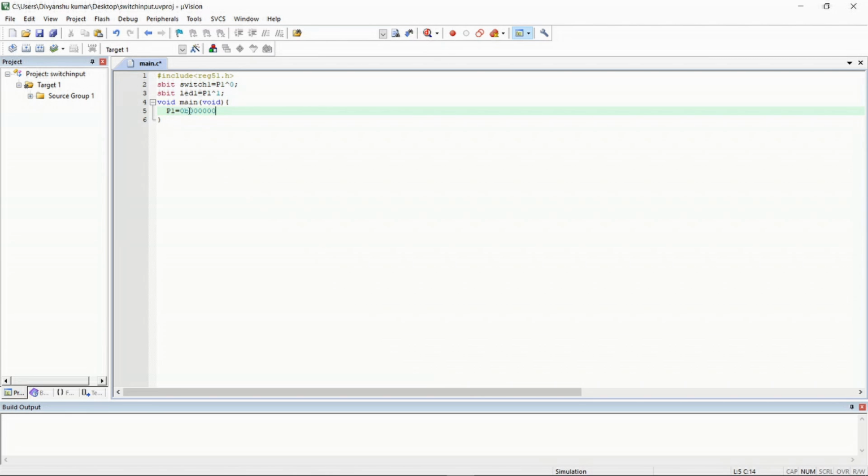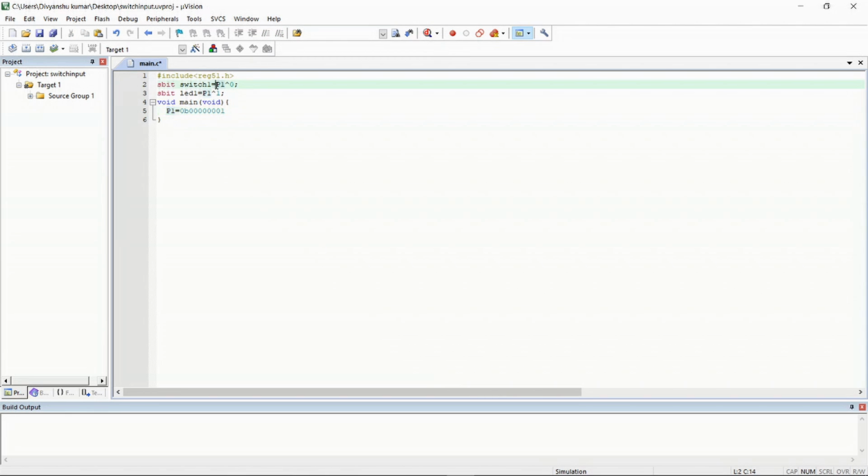So we have declared our 6 pins, and then we will declare our LED which is 0 because it is output, and then our switch which is 1 because it is input. This is the 0th, then first, second, third, fourth, fifth, sixth and seventh pins of port 1.